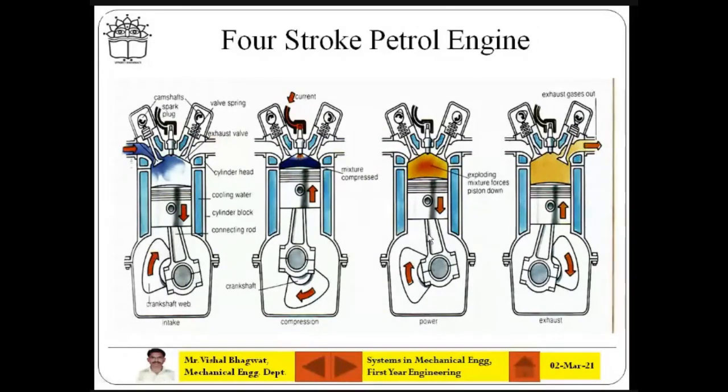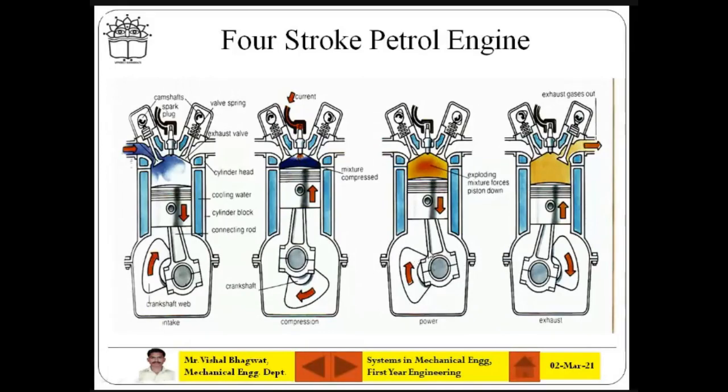Why am I repeating it again and again? Because it is important. It is for the two-stroke petrol engine, and it is for the two-stroke diesel engine. Understood? So we are actually covering two questions here. This is the expansion stroke, also called the power stroke. Why expansion stroke? Because the compressed charge is getting expanded after burning. It is rapidly going down, so it is called a power stroke. At that time, the piston is going down.